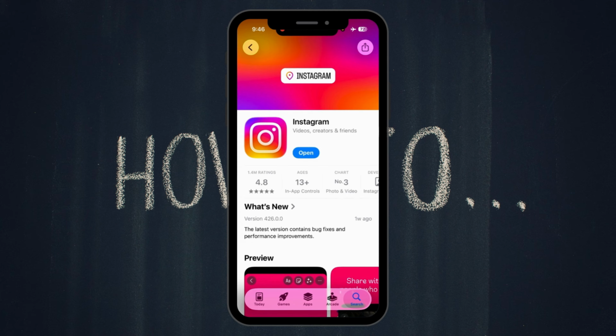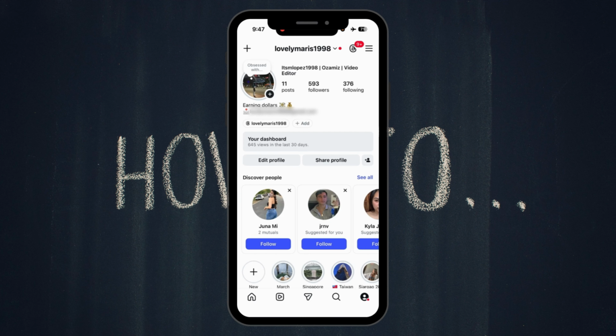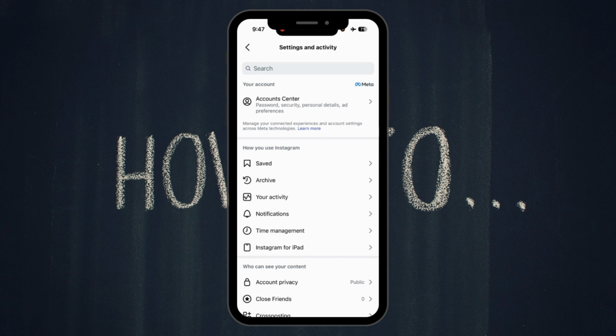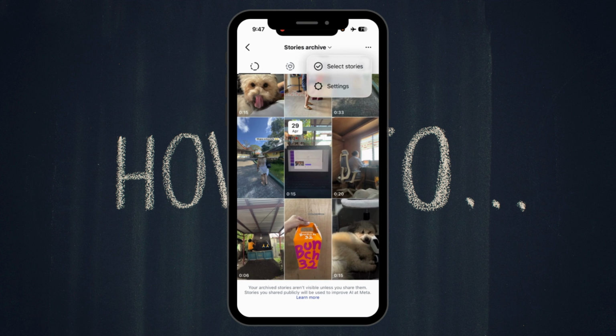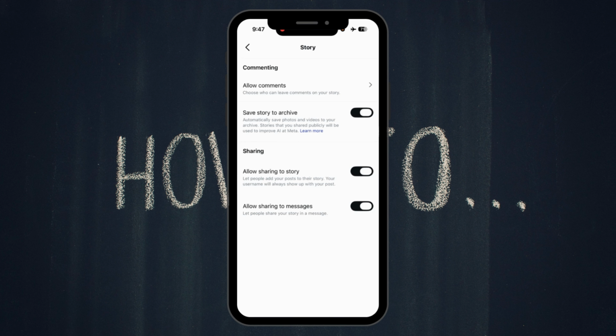The second fix is to make sure your story archive is turned on. So go back to Instagram and click on your profile picture. Click on the three lines at the top right. Go to Archive. Now click the three lines, go to Settings. And in here, make sure Save story to archive is enabled. If this setting is off, turn it on right away because Instagram cannot generate memories from stories that were never